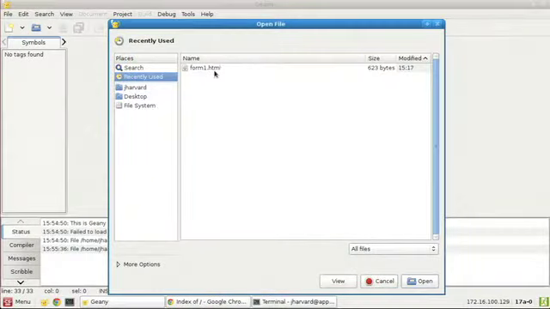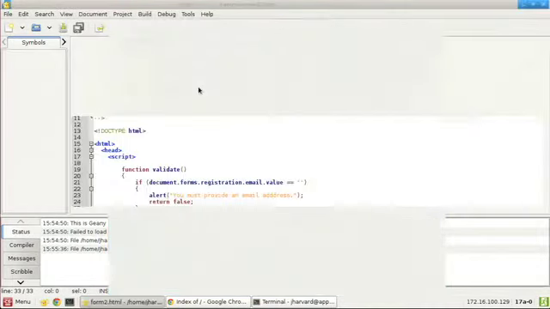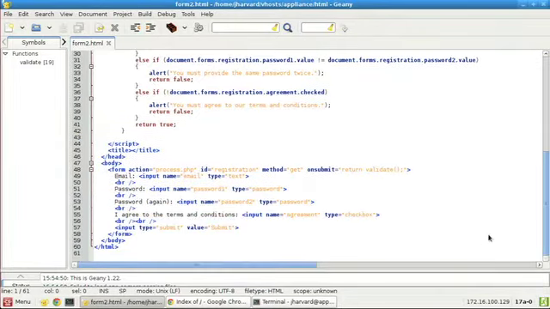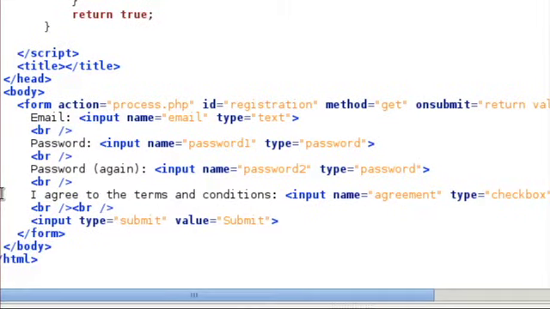Let's do this. Let's open up instead version 2 of this, form 2, and let me propose the following approach. Down here now, let's do a registration form. So I've given this form an ID, registration, and I have given it similarly an email field, a password field, another password field, and then a submit